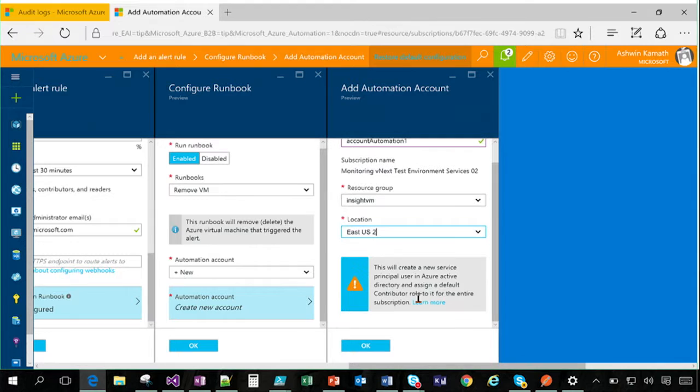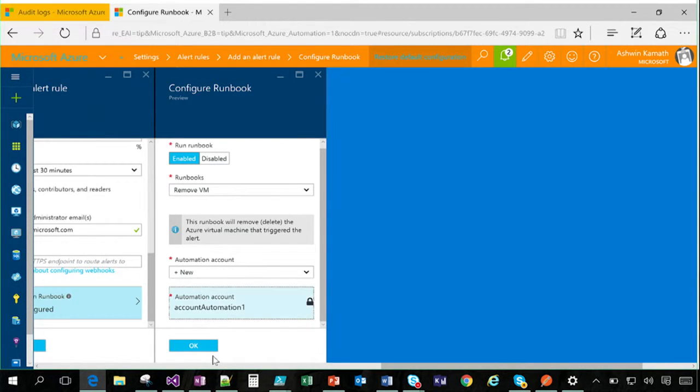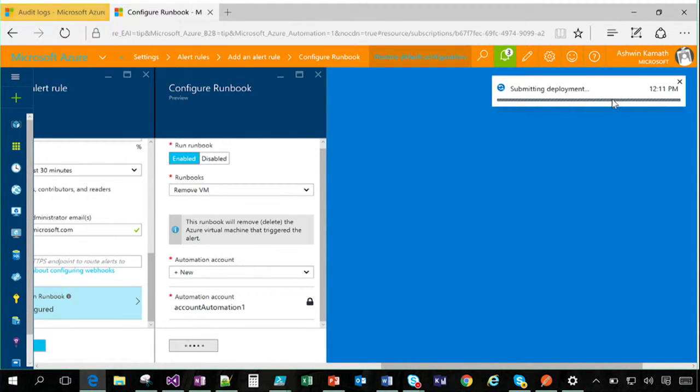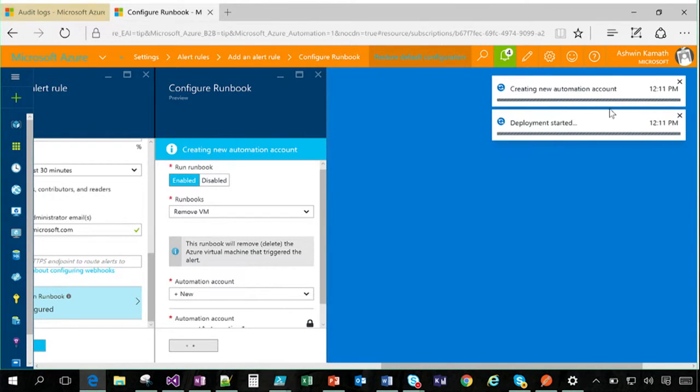East US, and note that this will create a service principal so that the Azure automation service can have access on the impacted resource or the VM, and then go and stop it or start it. So let's click OK, and you can see it's actually deploying and it's creating a new automation account. And once that's done,